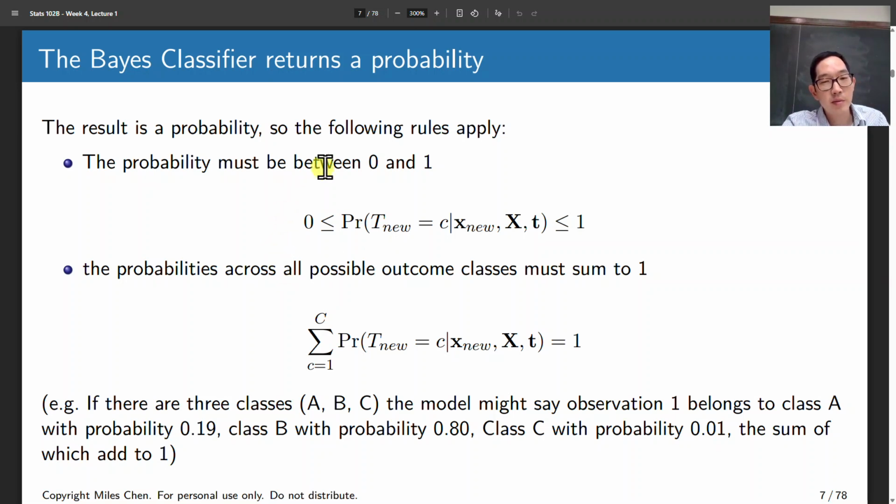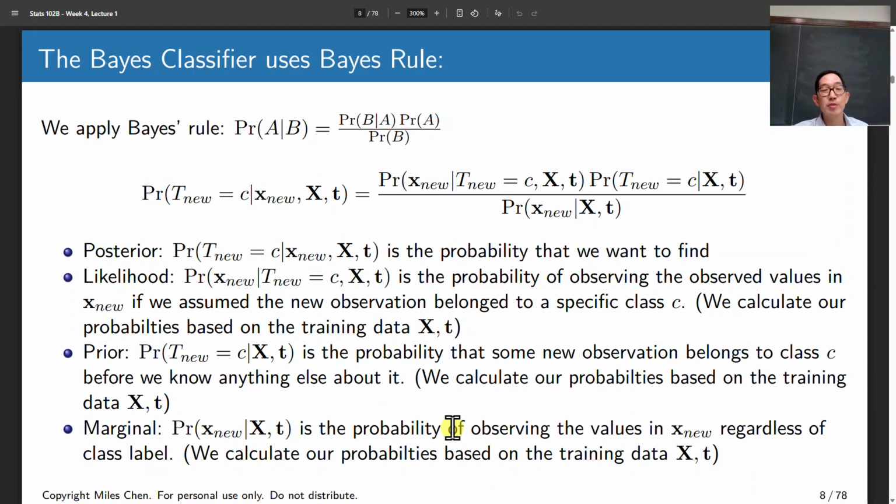And so, it's a probability, so we're going to get rules. It's going to be a value between 0 and 1. And then when you add up all of the probabilities, they have to add up to 1. Okay, so as I said, if you have A, B, C, you might get 19%, 80%, and 1%. So the way Bayes' rule is going to get applied,